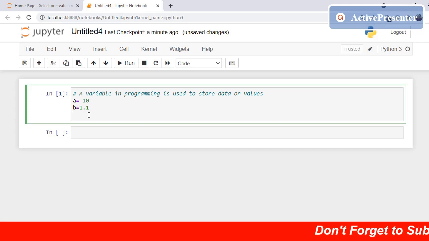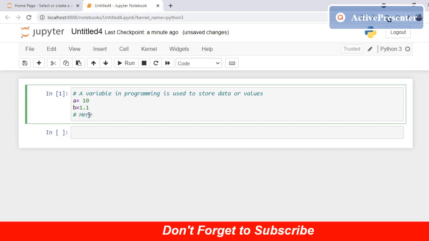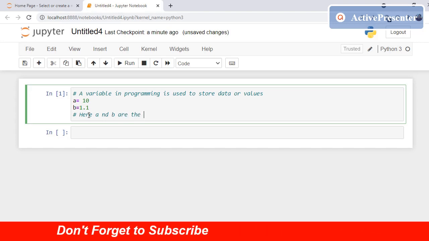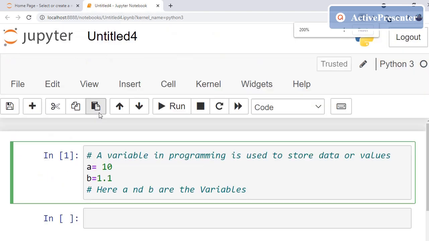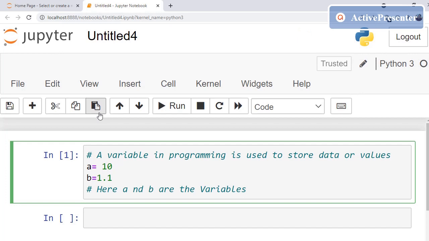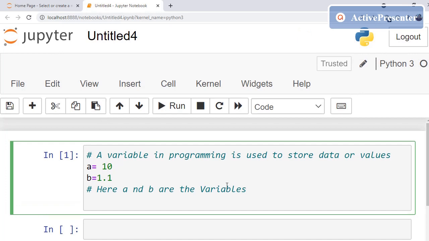Here in the comment line I'll write: a and b are the variables. I will make it a larger screen for you. Okay, a and b are the variables, where a stores the value 10 and b stores the value 1.1.